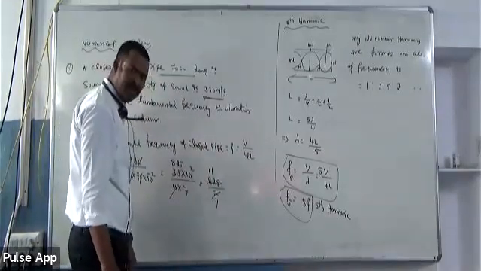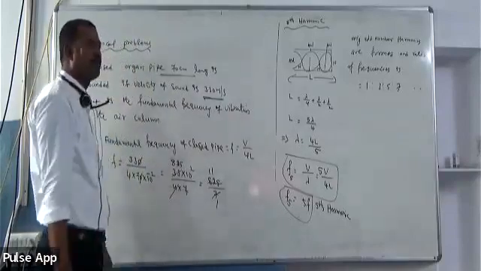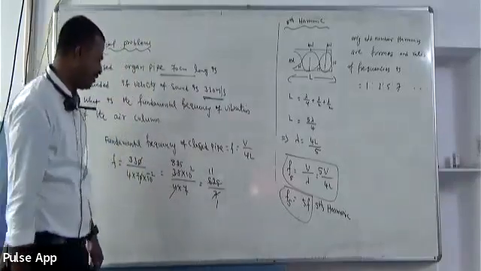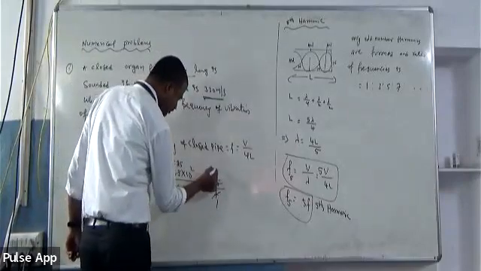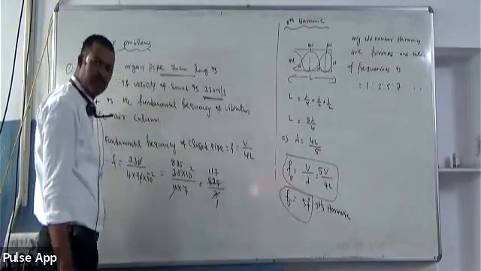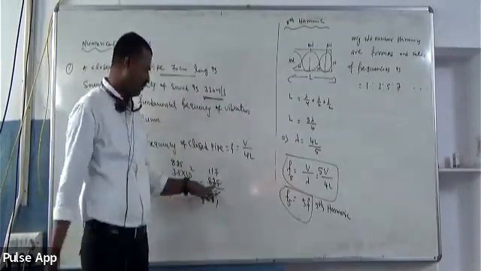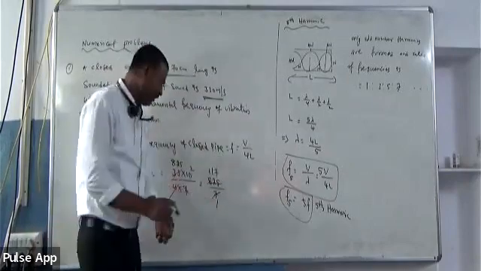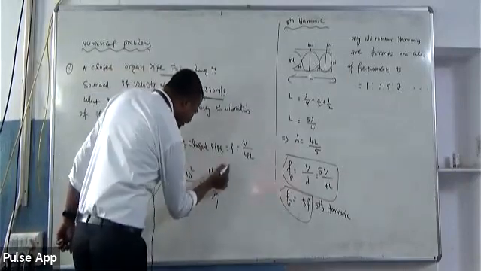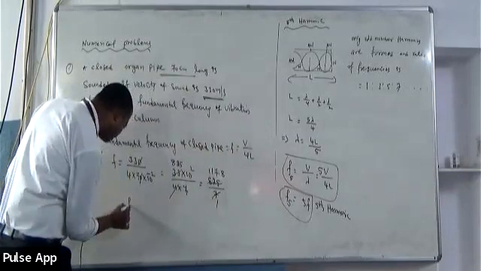Left with the 5, 55 is there. 7 8s are 56, but 7 only we need to go. So 7 9s are 49. So 55 is there, 49 we got. So 6 is left. So we can write approximately 0.8. So now finally the answer is